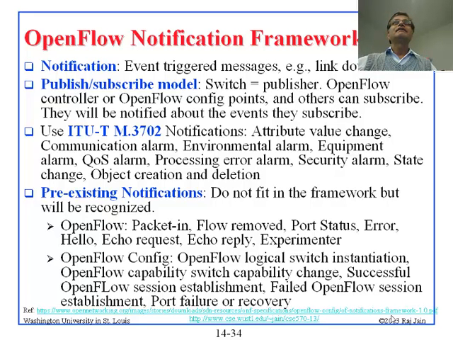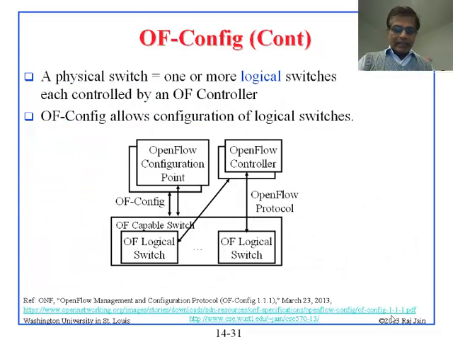In the table population, there were 2 tables in that case. So basically, each logical switch has a complete set of tables. Each logical switch, as shown here, this is one physical switch. Each logical switch has n flow tables and one group table. This one has n, whatever number that is, flow tables. So each logical switch is complete in itself. Just like a virtual machine, you cannot distinguish a virtual machine from a physical machine.